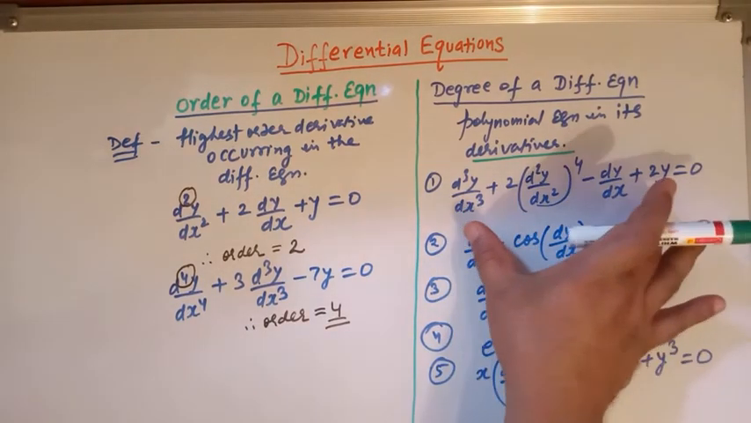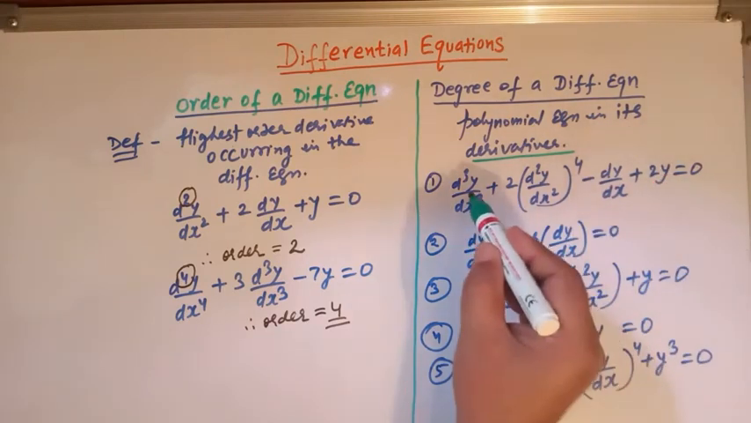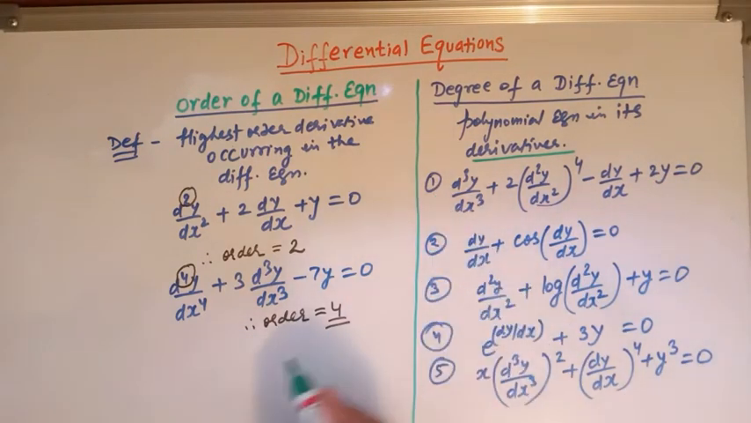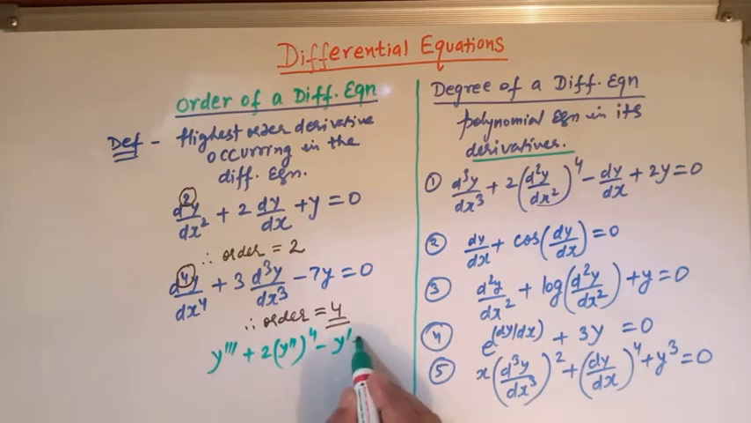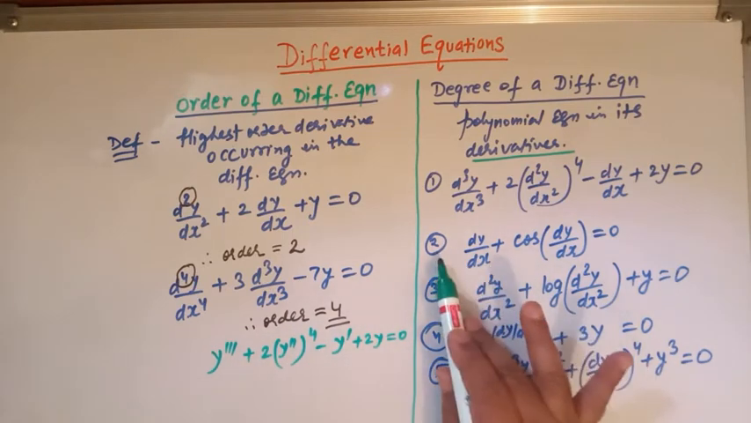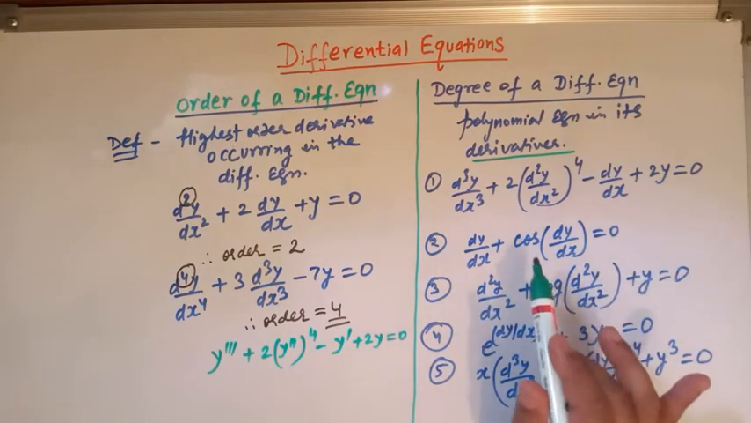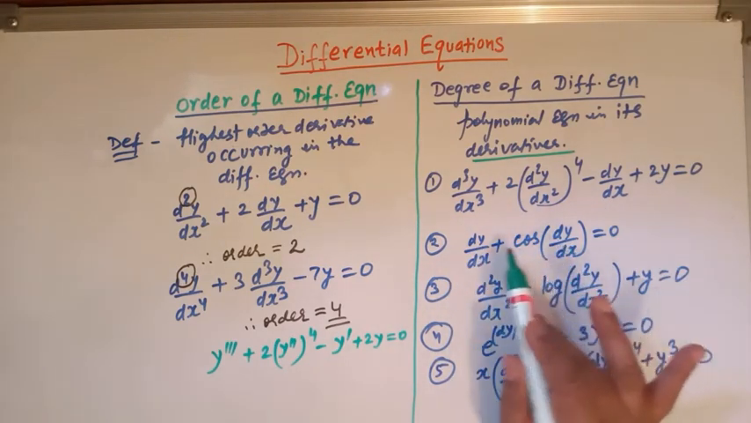Now how is this a polynomial equation in the derivative? Because equation 1 can be written as y triple prime plus 2 times y double prime raised to 4 minus y prime plus 2y is equal to 0. Now viewers, here we see that this equation is a polynomial equation in the derivatives. Clear? Now here we see that in example 2 this equation is not a polynomial equation in the derivative y